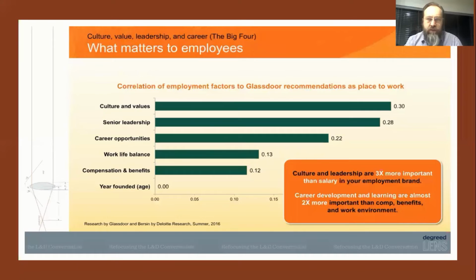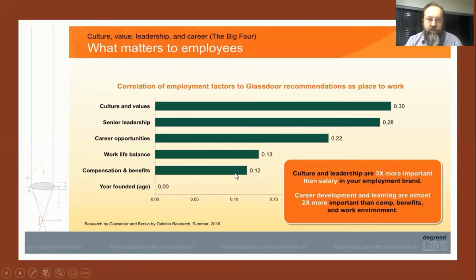So let's look at what some of the experts are suggesting. This is a survey done by Glassdoor, who are the global thought leaders when it comes to social listening. They scour the internet and look at all the employee and performance reviews, and of course, they use this as a basis of generating research and performance intelligence. So what Glassdoor are suggesting is what matters most to employees, what employees are looking for the most,